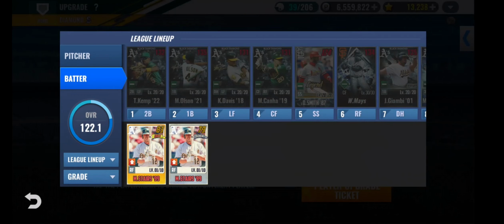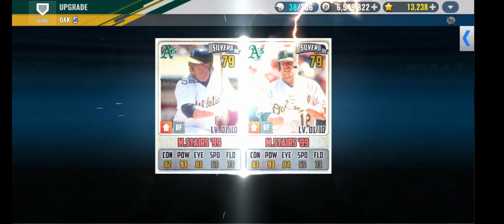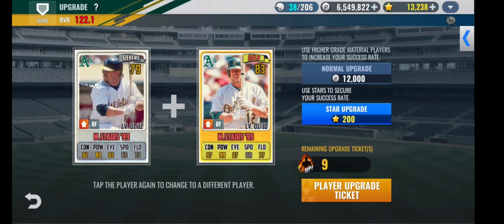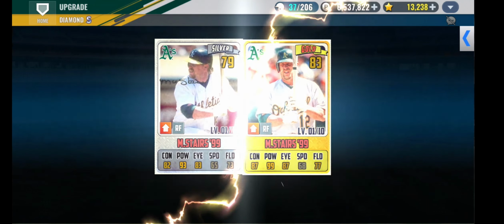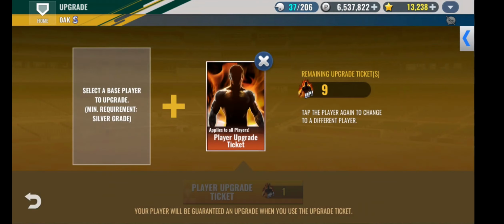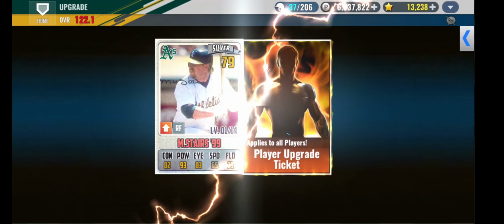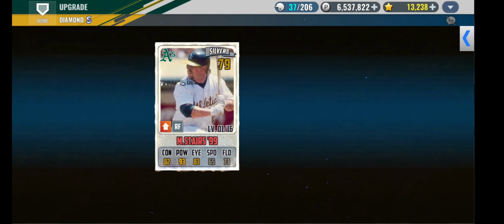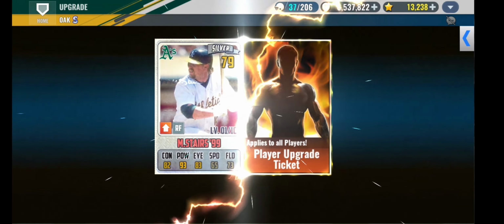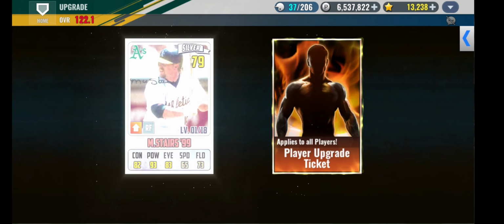Alrighty, so let us use the handful of vintages we have to try and upgrade Stairs. And we'll use upgrade tickets to finish him off after that. And then we will work on a train. Now, I want to get him in the lineup ASAP, of course, but I'm not in a huge rush to get him in the lineup, just because at the very least we have usable guys, and he probably won't step in and have us move our lineup around